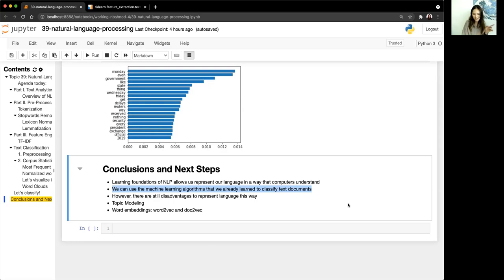NLP is super interesting. Don't discount the bag of words methods. They seem kind of simplistic, but I've seen cases where bag of words methods outperform methods that take context into consideration, because sometimes context can be very noisy. But we'll explore those methods tomorrow anyways.